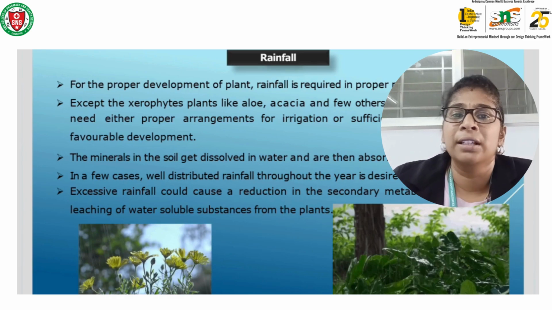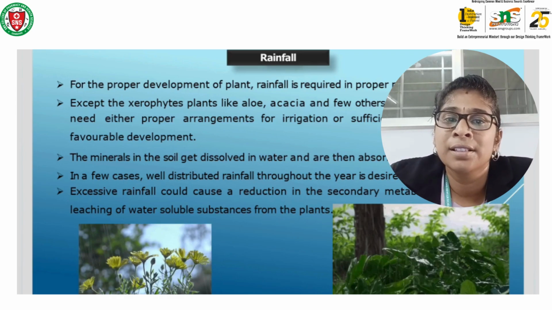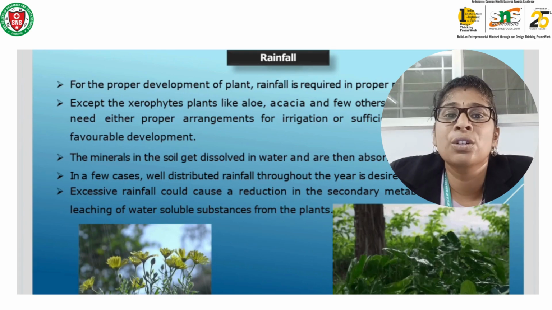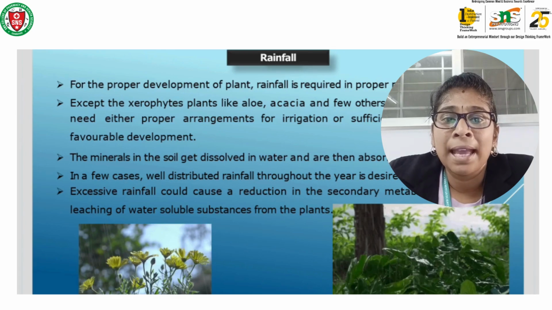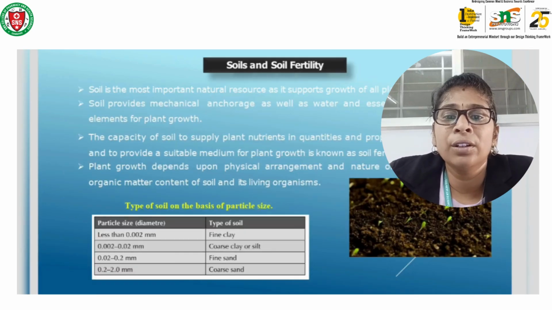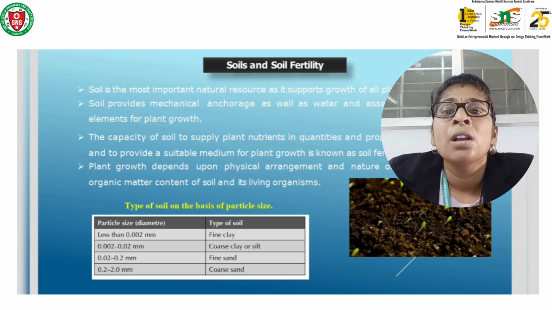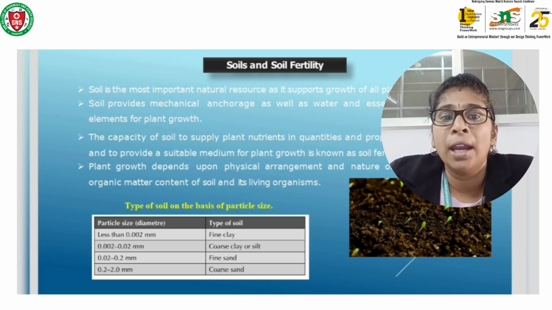And coming to the soil and fertilizer, soil is the most important natural source as it supports the growth of all the plants. Soil provides mechanical anchorage. Even if we are giving some fertilizers or anything else, some of the minerals will be present only in the soil. Whether loose soils or tight soils, the soil provides mechanical support,